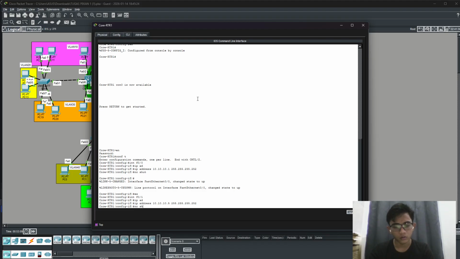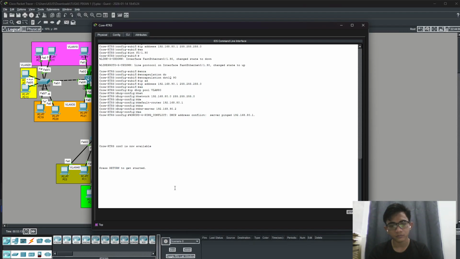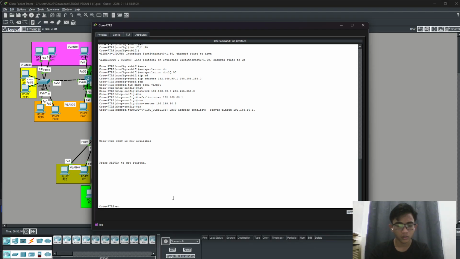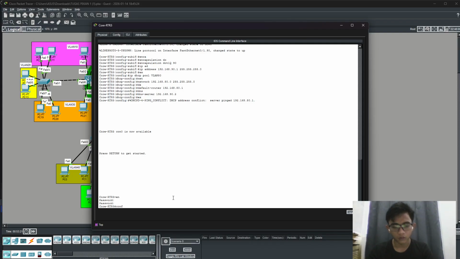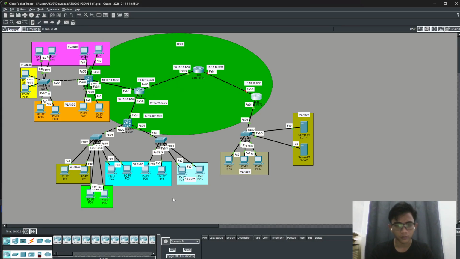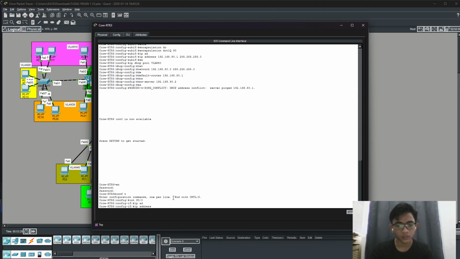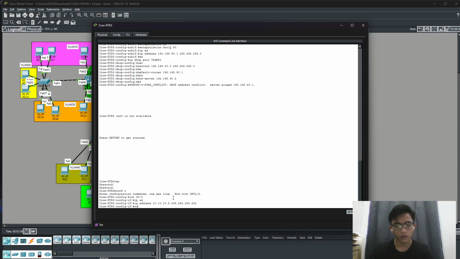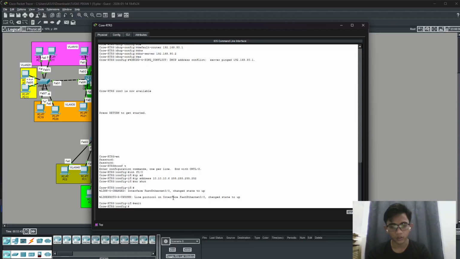Okay, no shutdown. Okay, now here, enable, Cisco, configure terminal, interface 0/0. The IP address is 10.10.10.6, 255.255.255.252, and no shutdown. Okay, and finish. All finished, I guess.